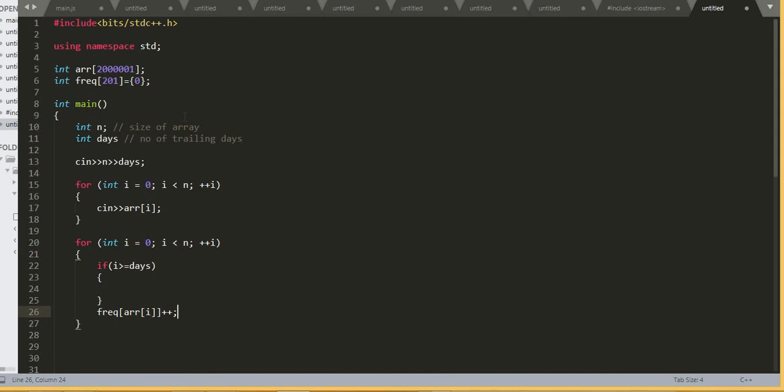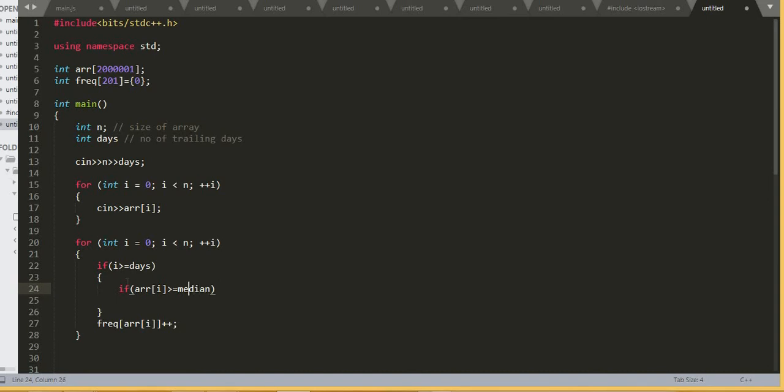So this is the start, and after this, whenever i is greater than or equal to days, we'll check if our value at array of ith value is greater than or equal to twice median.